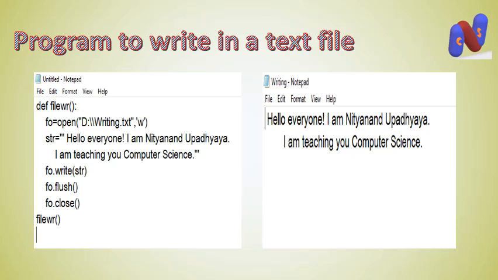Now the main thing is, in this program, what I have given as the value to str in the form of a string, the same thing we can see in our output. It means we can see the same thing in a file named writing.txt in our computer. So it will be permanent, until we perform any type of delete operation on that file, it will not be deleted from our computer.